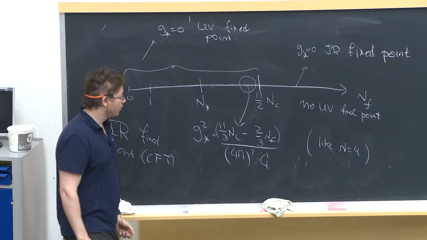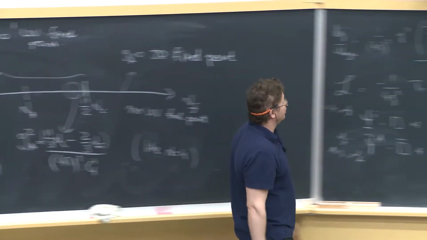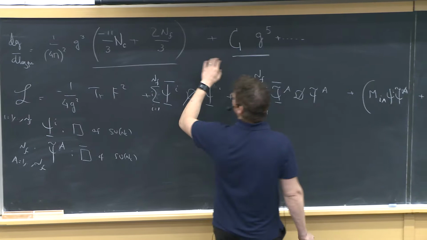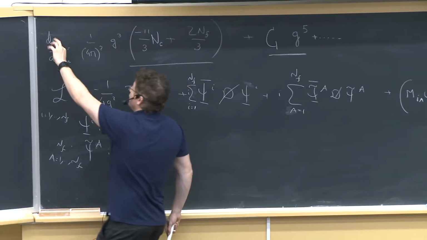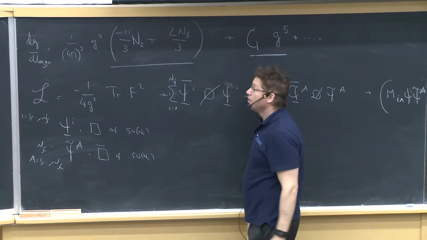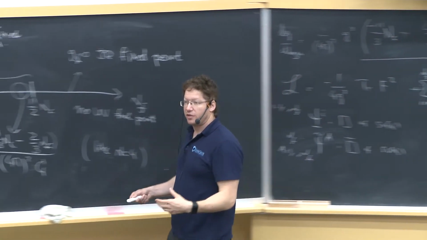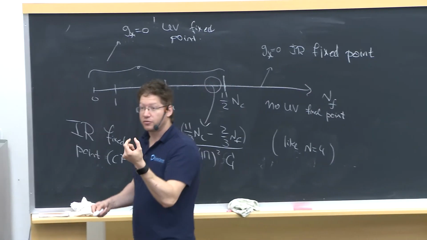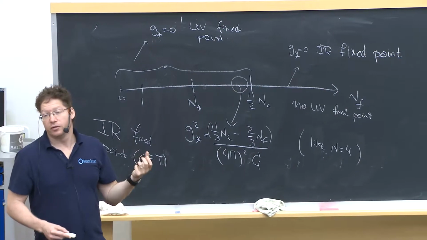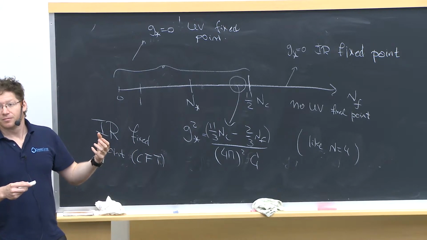You need to assume that C is very large. That's right, but this follows from the scaling that I've previously described. You remember that I said that if I multiply this by N, then there is a... C equals 3. That's right. That's why I'm saying that we can literally establish the existence of this fixed point with small g star squared, only for a large N. I thought you were talking about